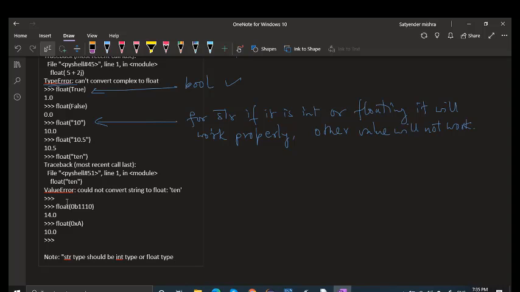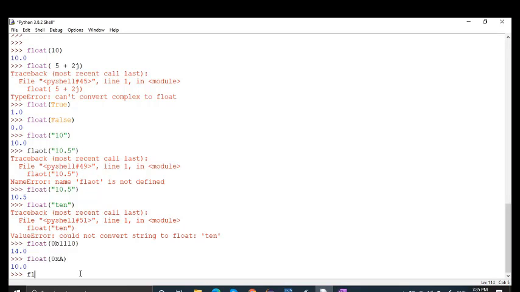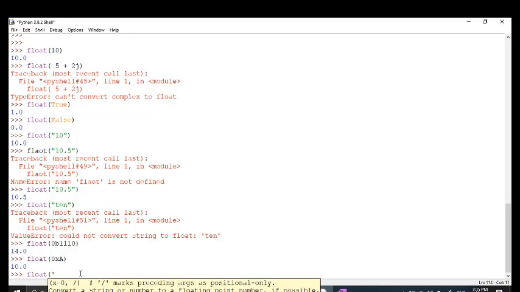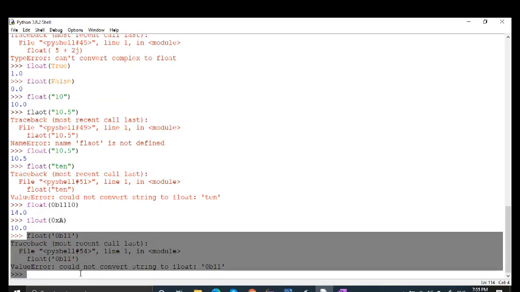Let me try the float with, for example, a binary value passed as a string. So I'm writing here 0b11. So 0b11 is a value of 3, right? So it is producing the error. So that is what I have written.